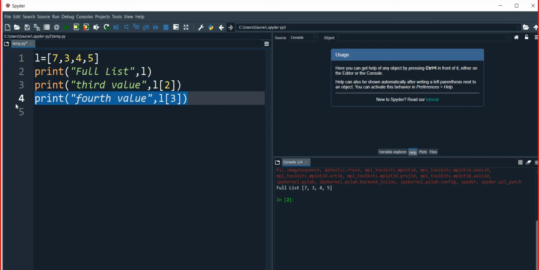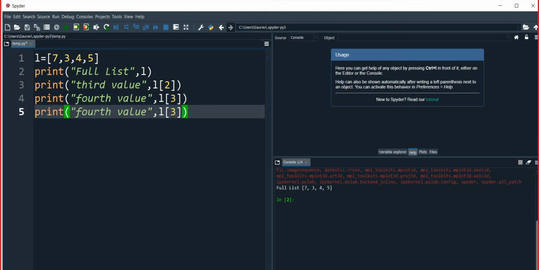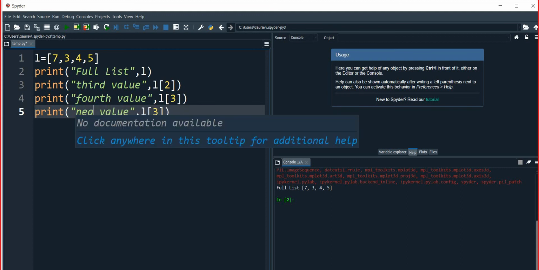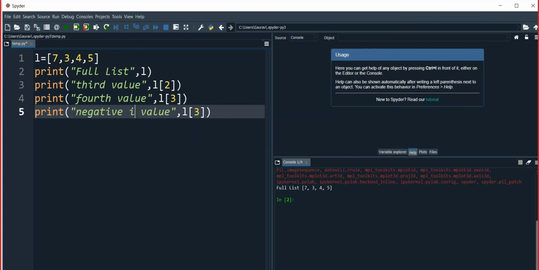Okay, so same as, suppose that I want to use negative indexing. ठीक है, negative index, suppose that I want to print -3.